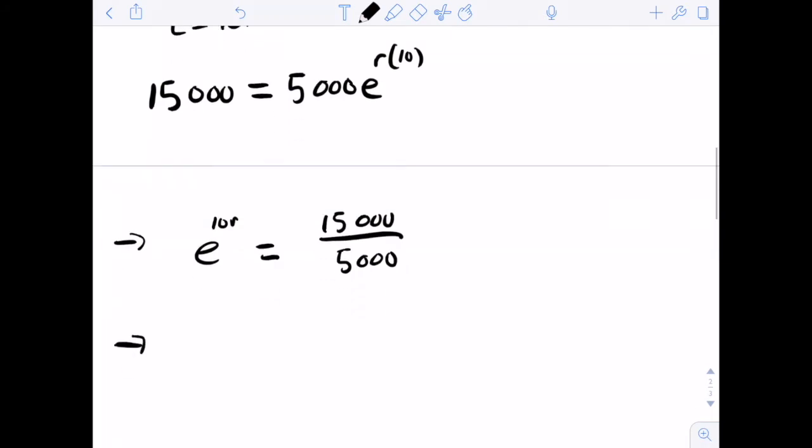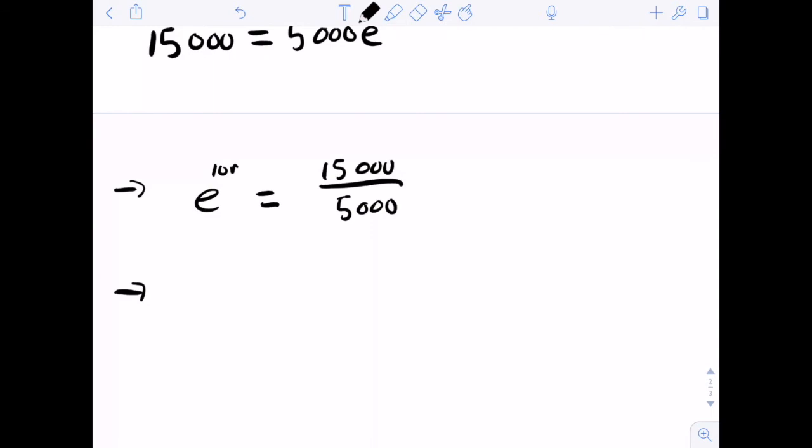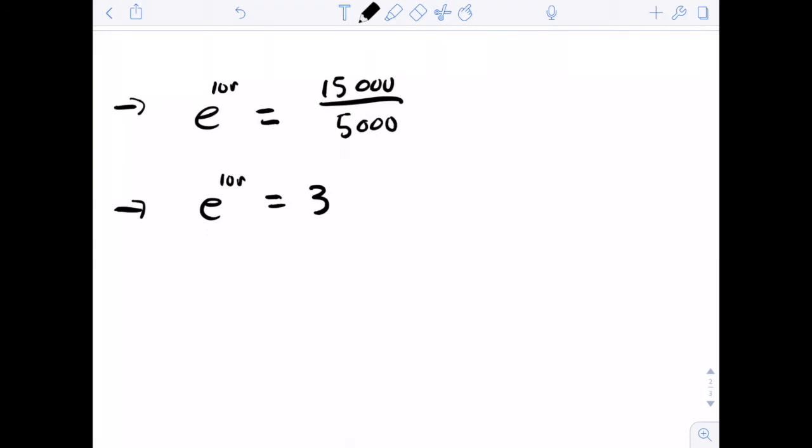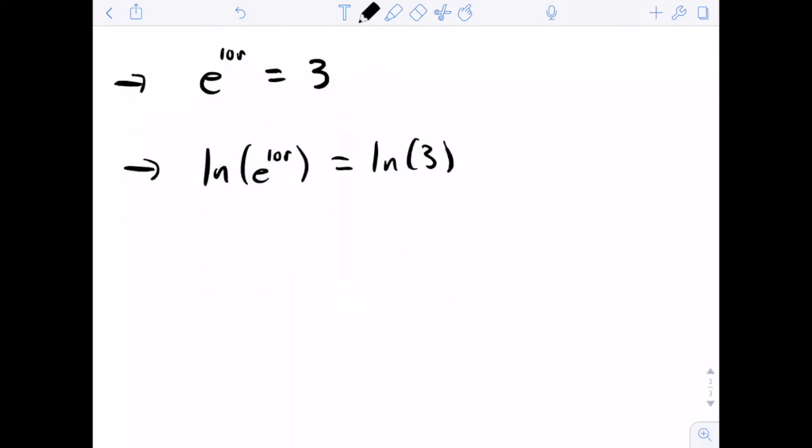Then in the next bit, we know that e to the 10r must be equal to 3. And to get that r out of there, remember we have to take the ln of both sides. So we do ln e to the 10r equals ln of 3. Remember, whatever you do to one side, you have to do to the other. So if we're taking the ln to get the r down, we have to do ln on the 3 to